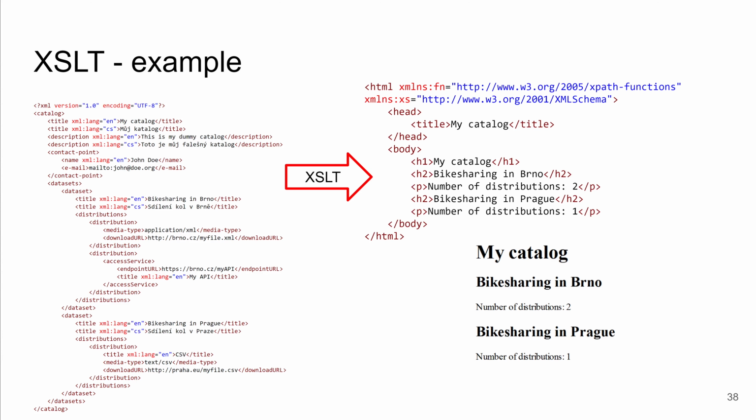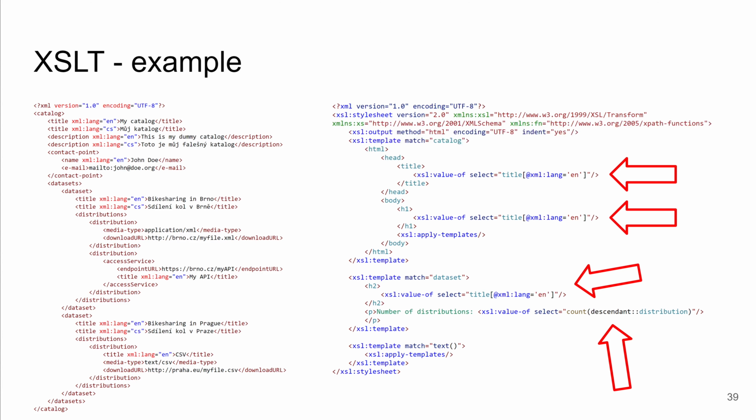And now let's take a look at how the style sheet looks. Well, an XSLT style sheet is an XML document. So XSLT is an XML language, and as such it has all the usual things like a prologue and a root element and so on. But what is important here is that it provides templates. You can see a template for a catalog, for a dataset, and for a text node, and those templates